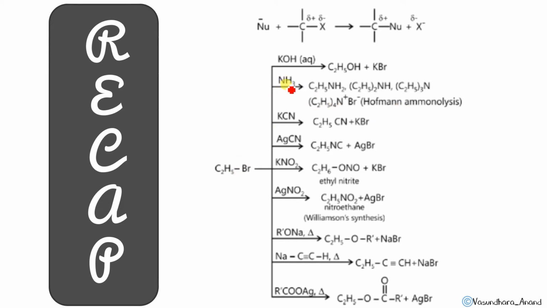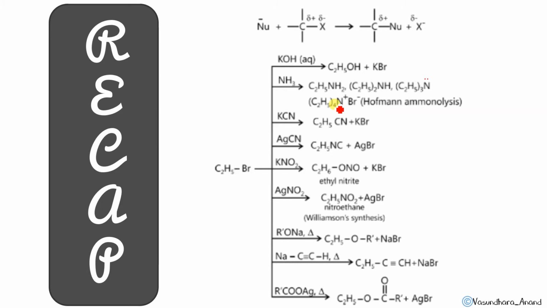In the first case, H and Br will come out and it will give you C2H5NH2. If there is extra alkyl halide, then it will act again on this, one H and one Br will come out, and it will give you diethylamine. With one more extra, this Br and this H will come out as HBr, and this will give triethylamine. Again, if it reacts, since nitrogen still has a lone pair of electrons, due to this lone pair C2H5 will attach and Br will form the salt. So this is the ammonium salt that will form.